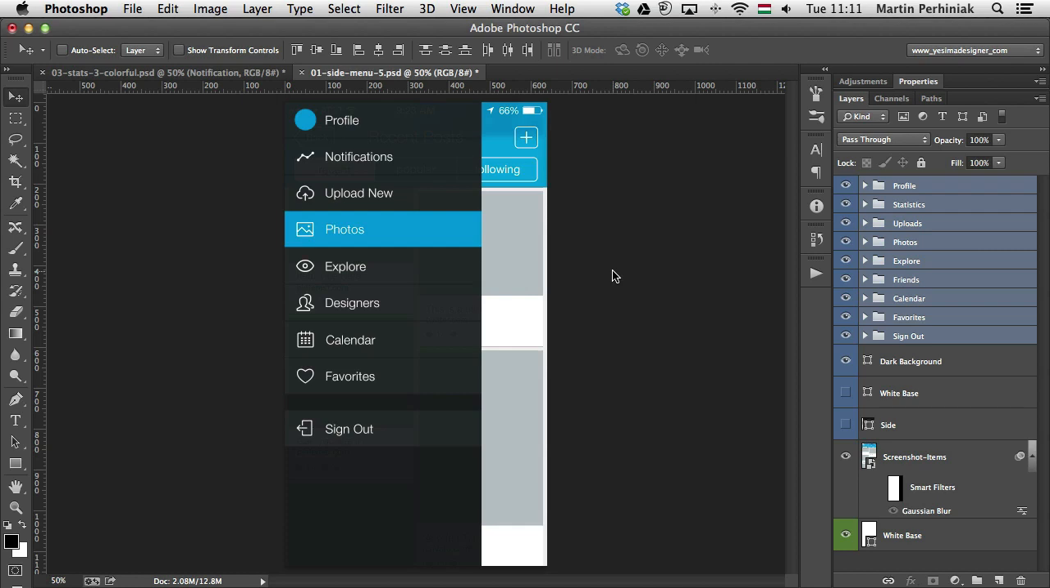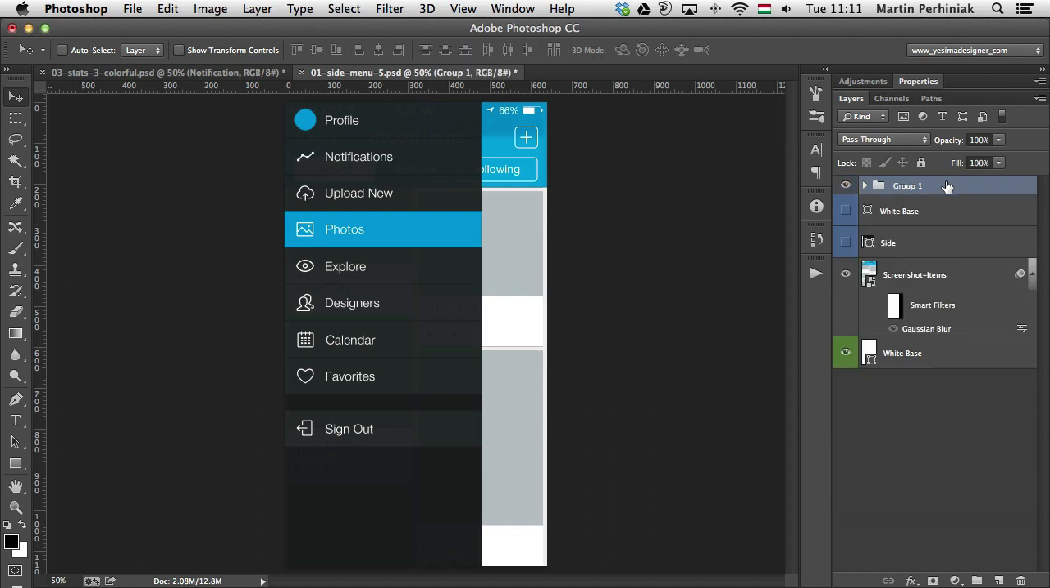Grouping your layers is very important also to make your whole PSD file more organized and also to save yourself time. Fastest way probably to group your layers is to first of all select the content you want and then press Command G or Control G. So for example, if I select all of these together here and I press Command G, I will create a